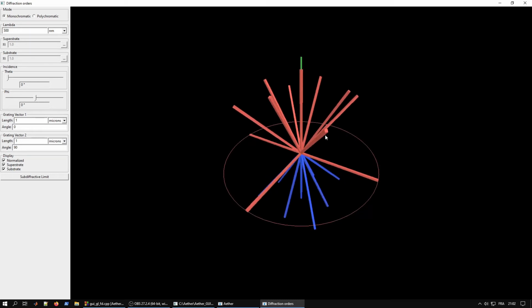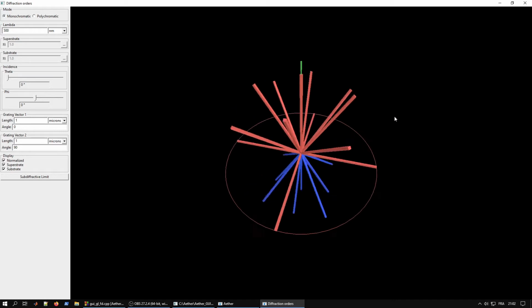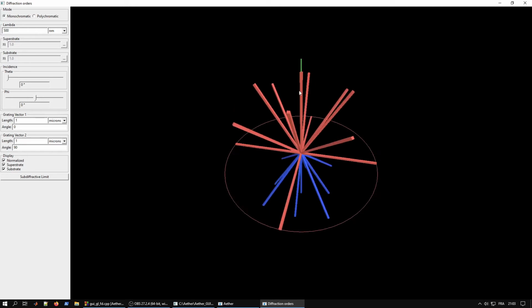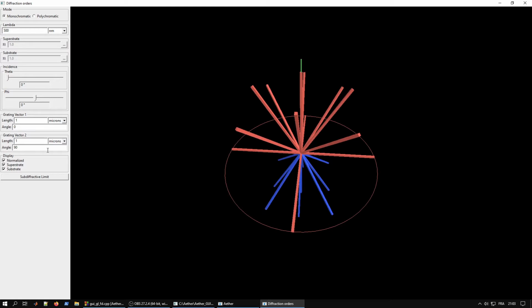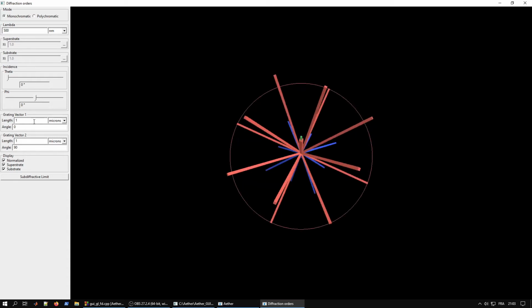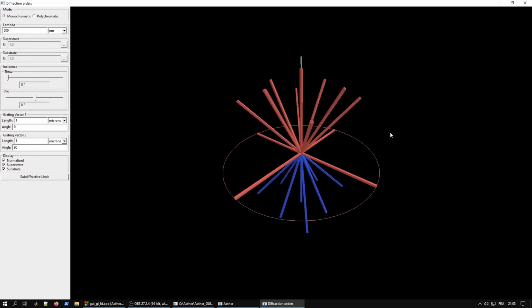When we open this tool, we have on the left all the controls, as usual, and here's the 3D view that displays how these diffracted orders are directed. In this case, my grating is a square grating. This is done through the control of the angles of the grating vectors, and it has a grating width or period of 1 micron. I'm here displaying the case when the incident wavelength is 500 nanometers, but if I wanted